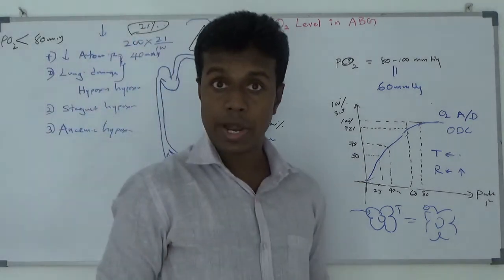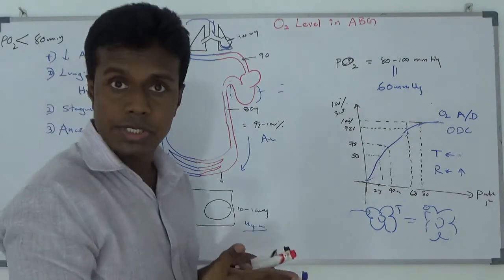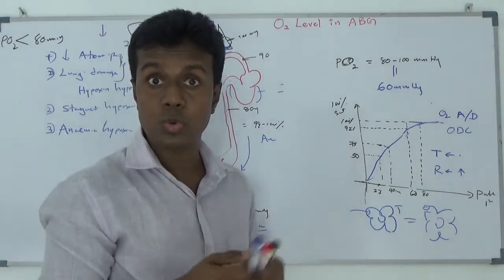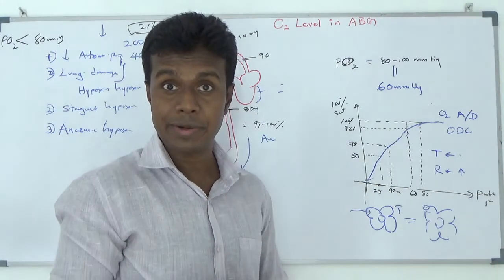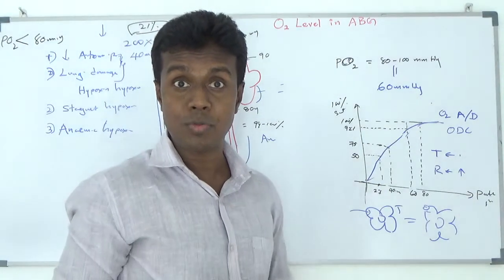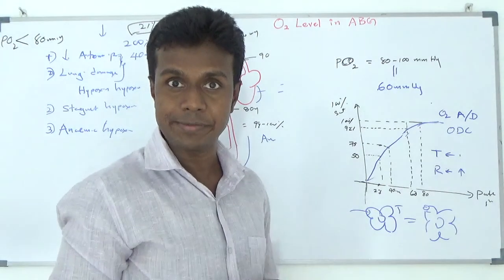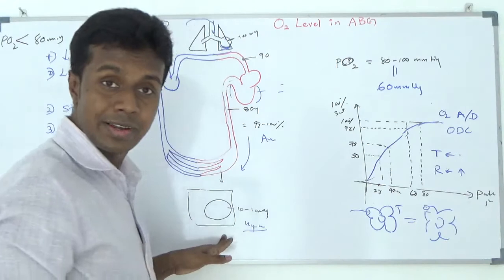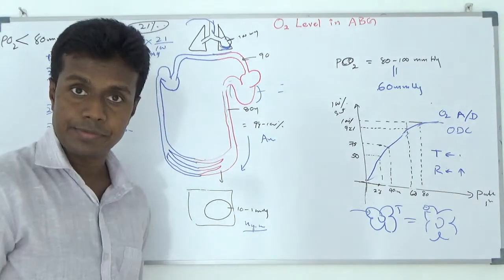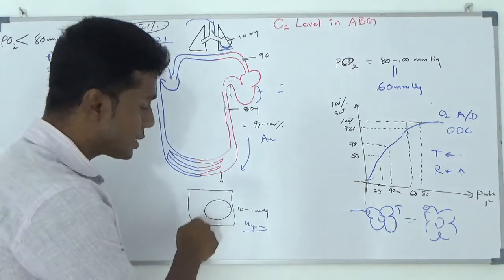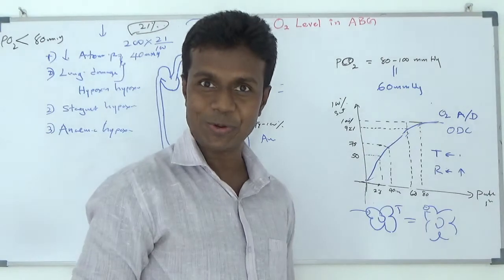Even though you received an adequate amount of oxygen from here to here, there are conditions in which the tissues cannot utilize the oxygen at the tissue level. That happens when you become diabetic. Even though you have a large amount of money and very favorable, very tasty food, you can't eat. The same thing happens at this level. Even though you have enough oxygen here, you can't utilize it.